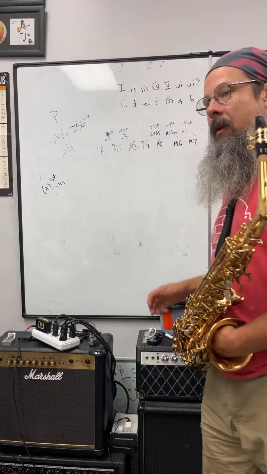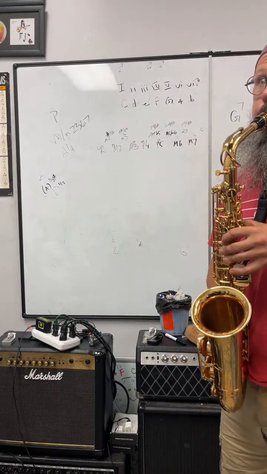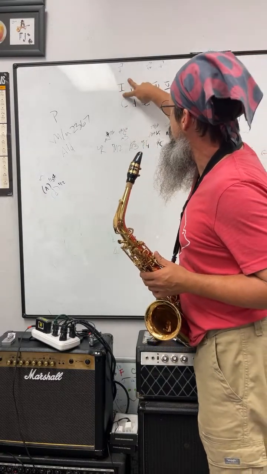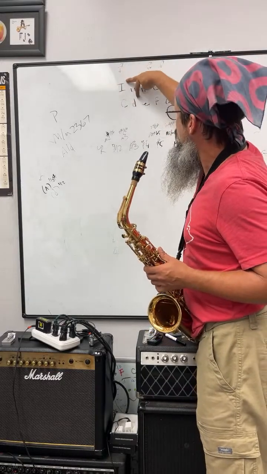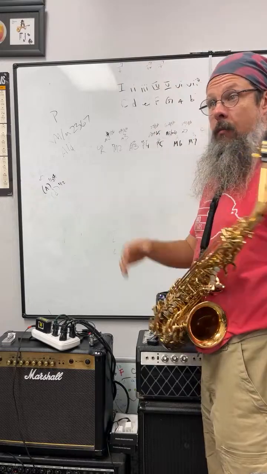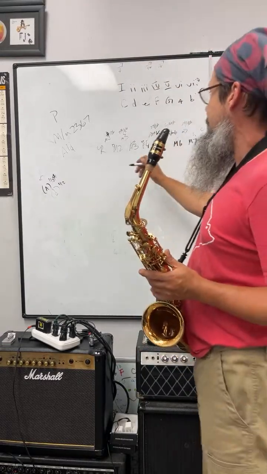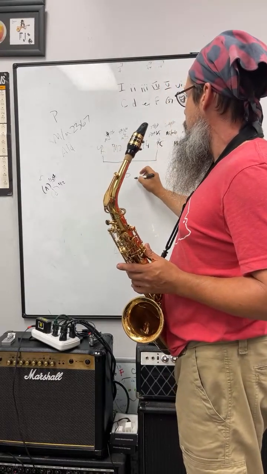So the distance in between C to D is a major second because it's a combination of the shortest distance, C to C sharp, minor second. C sharp to D, minor second. What's a minor second plus a minor second? Major second. Well, by saying that, you can see that the interval that is known as a P5 is an